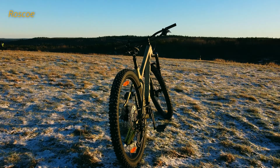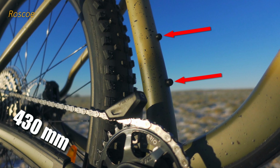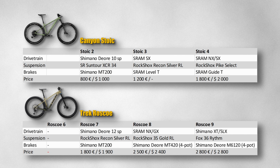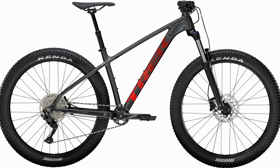Maybe the mounts for an extra bottle holder are in the way for longer droppers. I'll leave that unsaid. It's time to compare the specs and see what we get for our money. Different markets get different specs, so take this comparison for what it is. There is also a Roscoe 6 in the Trek lineup, but that's an older model, so we will skip that